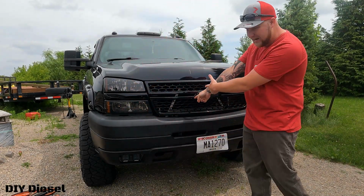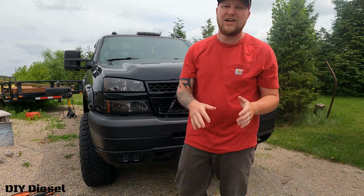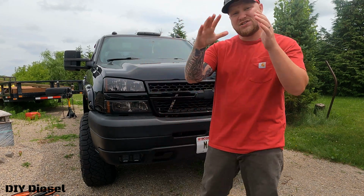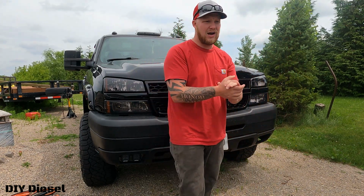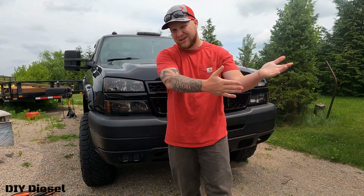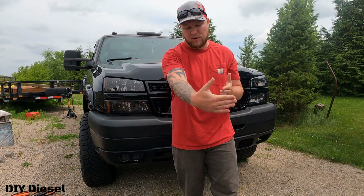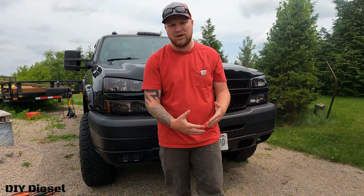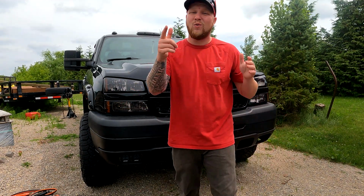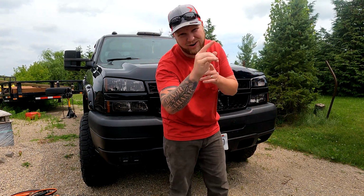Yes, we are going to be taking care of that radiator brace inside there. We're going to go ahead and be painting it. I asked you yesterday if I should paint that black. Some of you said that I should paint it my accent color, which is that silver, but I did look at the hardware store. It was really hard to find an actual matching one in spray paint form. They do have a silver hammered, but it just wasn't what I wanted, and it would just look silver anyway. So we're going to paint it gloss black, and this is all done for under